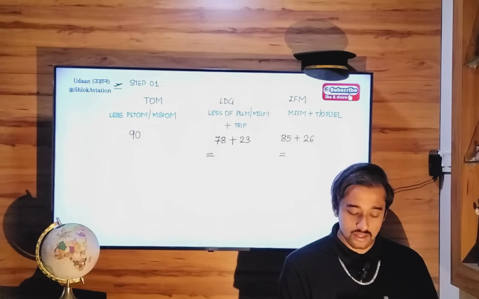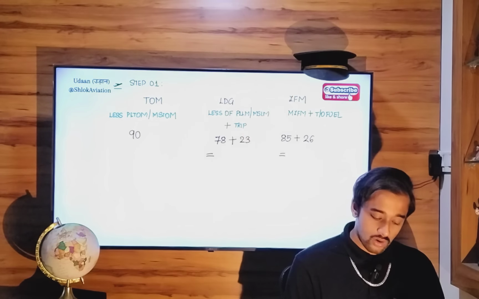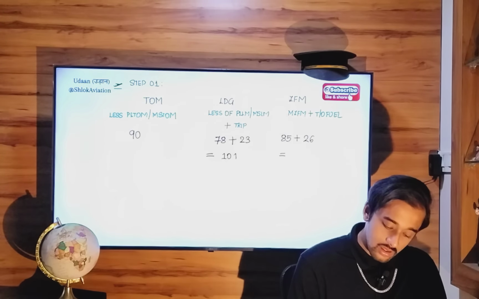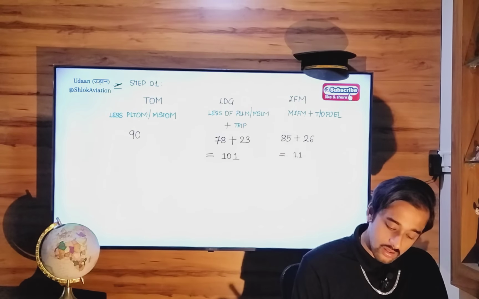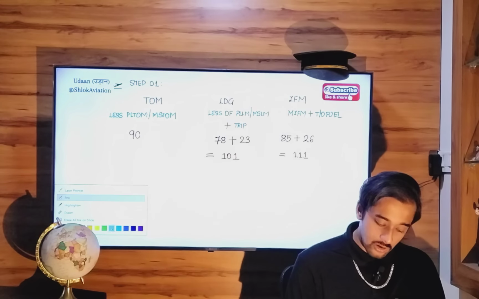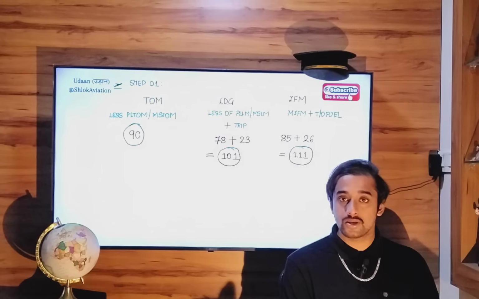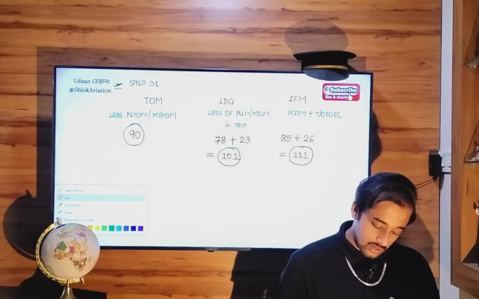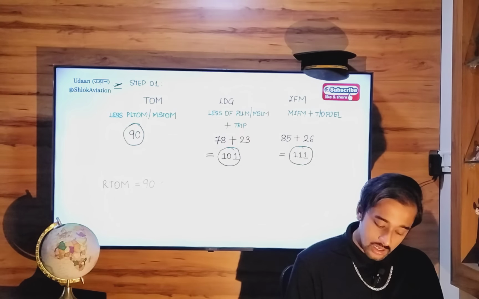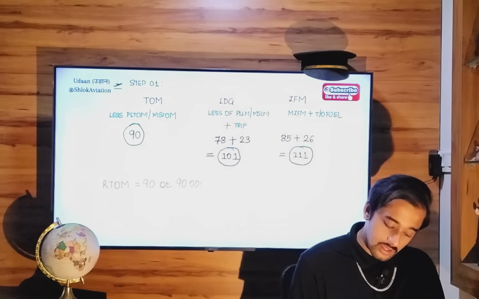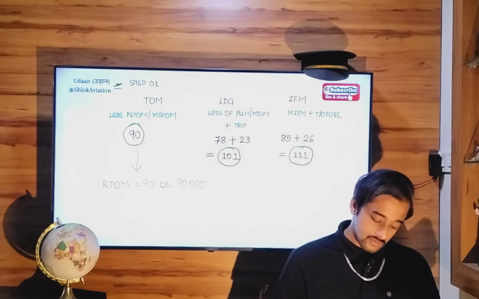78 plus 23 is 101. 85 plus 26 is 111. So now out of these three possible takeoff values, you are going to use that value which is the least in number, and that value is 90. So our regulated takeoff mass will be equal to 90 or 90,000 kg. Step number 2,